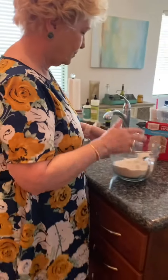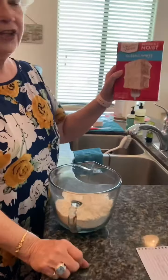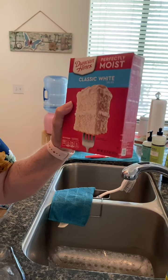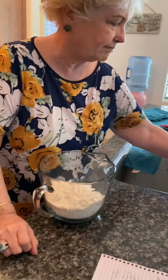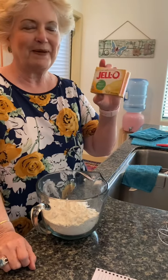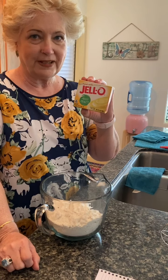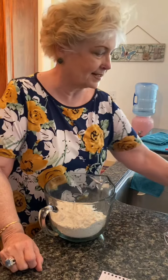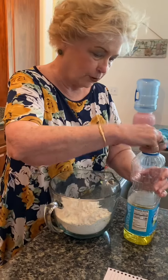I went ahead and poured the cake mix in the pudding. I used Duncan Hines Classic White cake mixes. I think they're just a little bit better than the other brand. And I always buy the French vanilla Jello instant pudding flavor. I just think it adds so much flavor to the white cake mixes. So the recipe calls for a cup of oil,